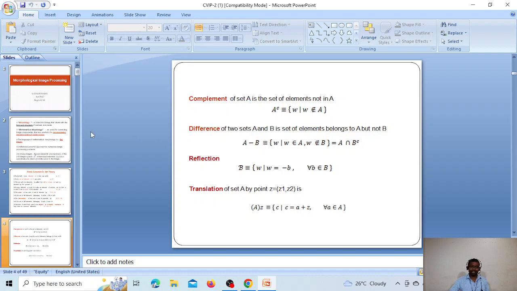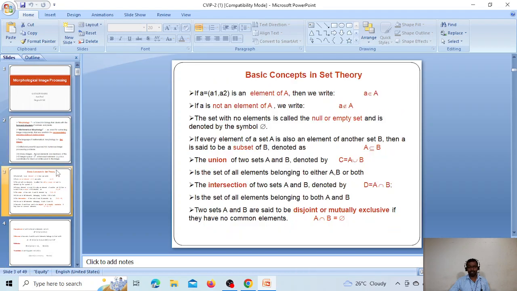So A minus B, the difference, can be represented as A intersection B complement.